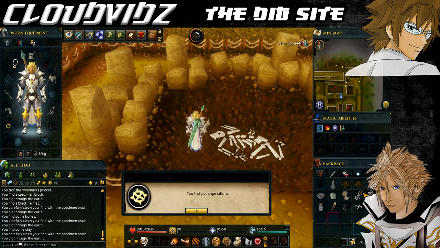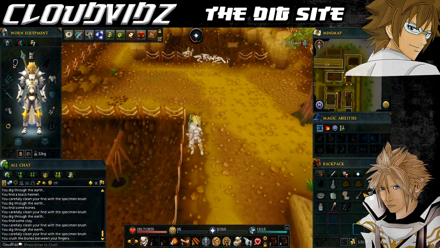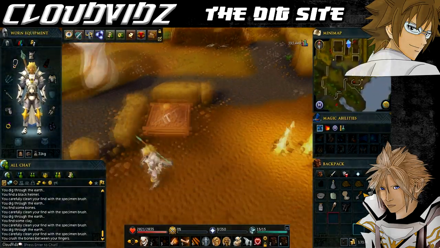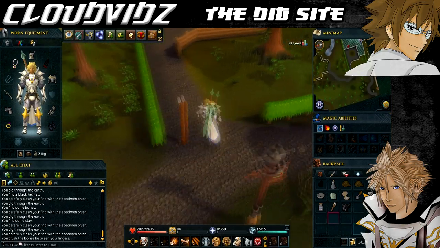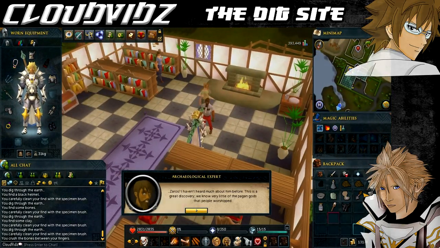I think I found a black helmet which is worth a couple of 100 coins, so any other items might be worth keeping. Once you have the talisman, you want to take it back to the archaeological expert in the exam centre, and he'll be impressed by it and say that it's a talisman of the god Zaros. He'll give you an invitation letter which must be shown to workers to give permission to go down into the